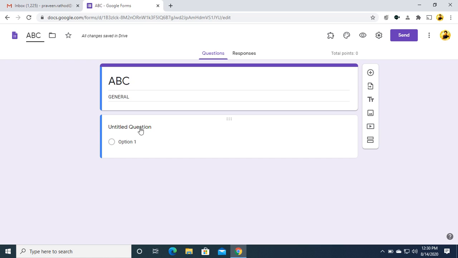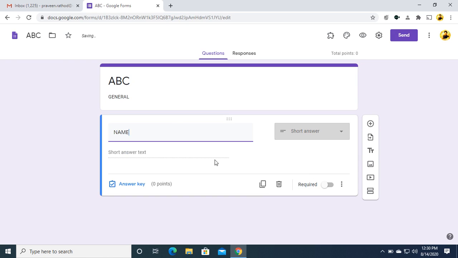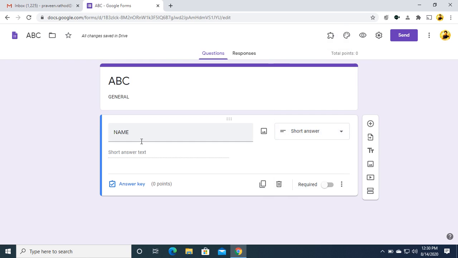If you want to put the name of the students, put name. For name you don't require anything special, so there are options in this and you can select any of the options. For name, a short answer is required, so you can choose short answer. So I'm choosing short answer. The student can enter a name over here. If you click the required button, the student needs to enter his name in that tab, otherwise it will not go further, or he is not able to submit that form.